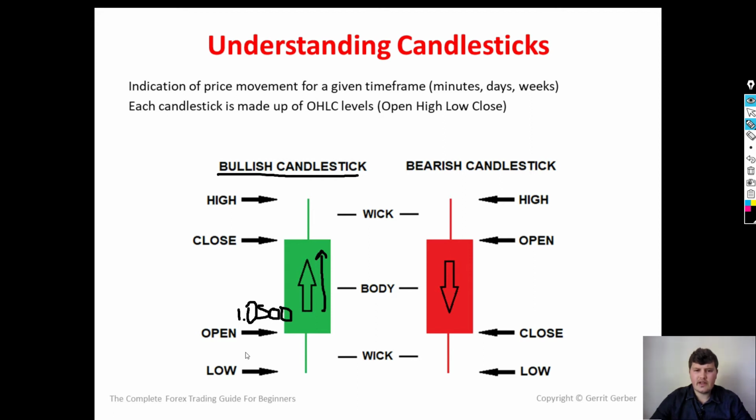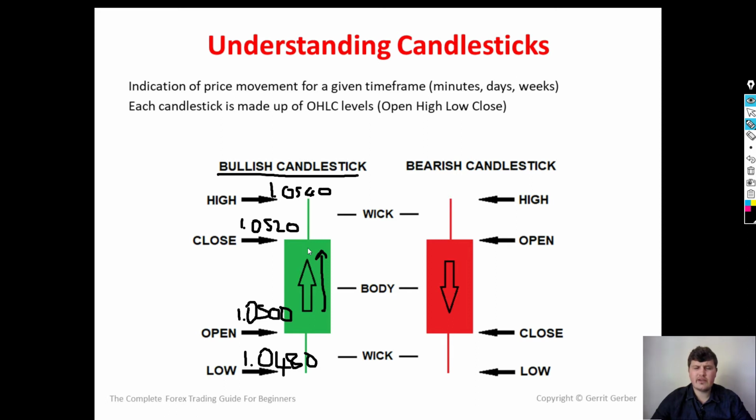It reached a low point of 1.0480 and a closing point of 1.0520 and then a high of 1.0540. So you can see between the opening and the close of the candlestick, it was an increase of 20 pips. So therefore it's a bullish candle,